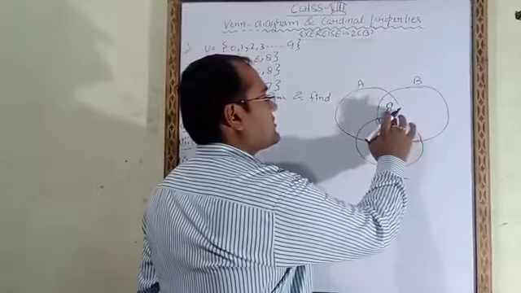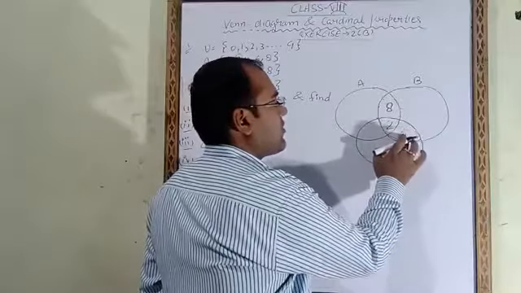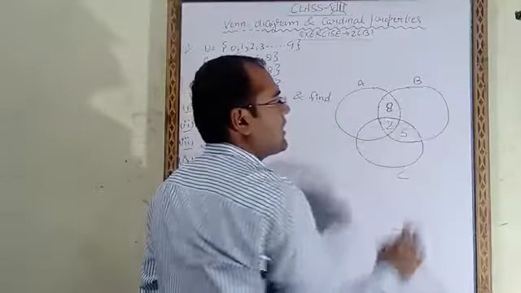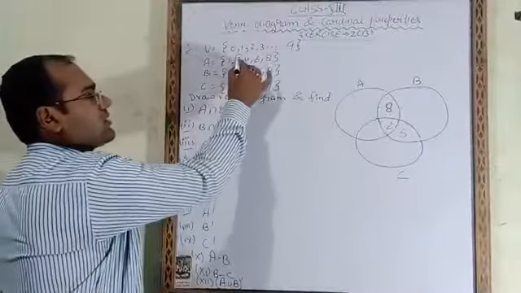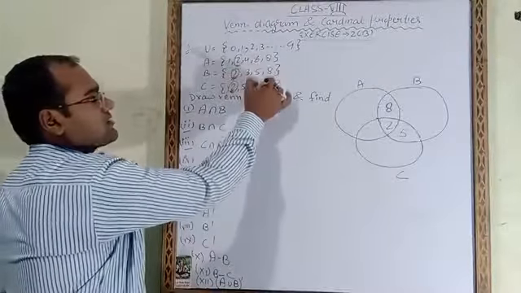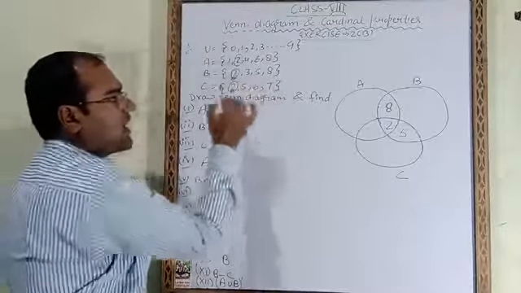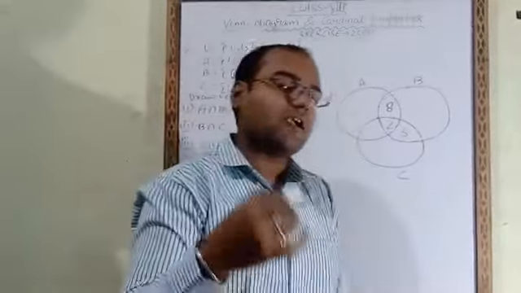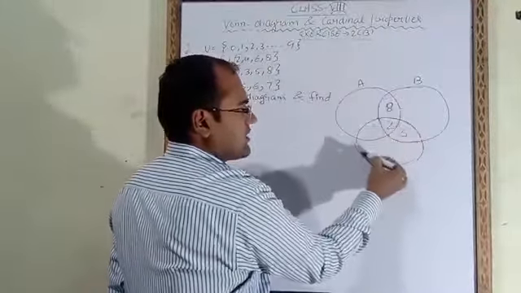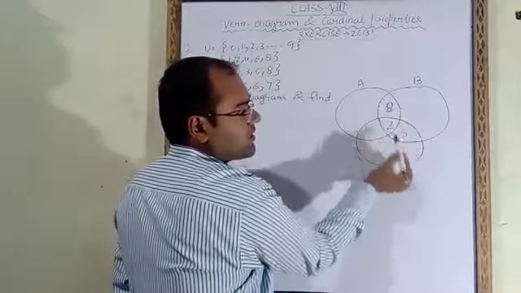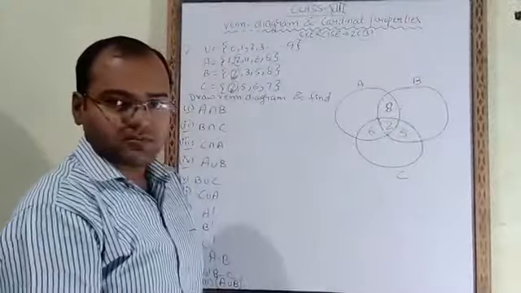Now next we have to check common in A and C. This is A set and this is C set. 2 is common in A and C. 6 is common in A and C. So 2 and 6 are coming in A also and in C also. So this is A circle and this is C circle. 2 is already written between these two circles. So here in this remaining part we have to fill 6.